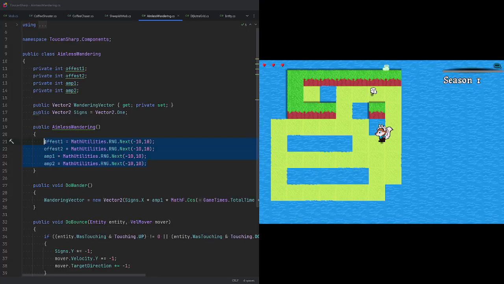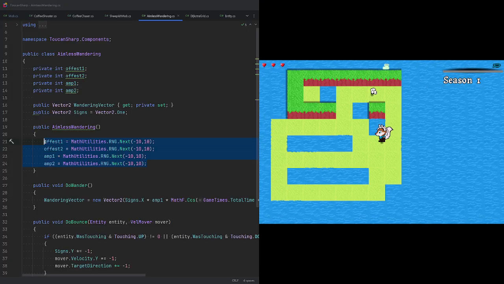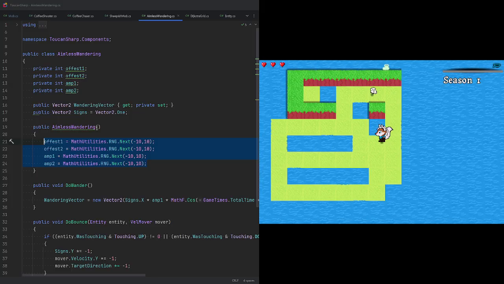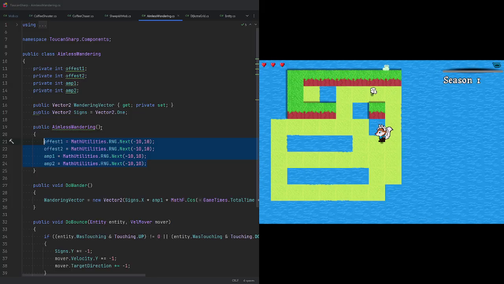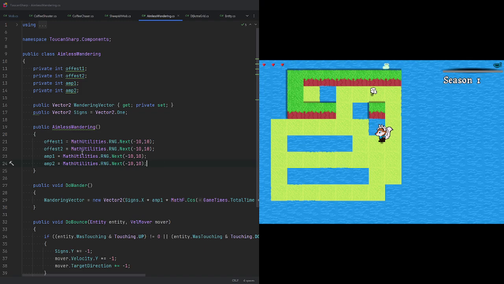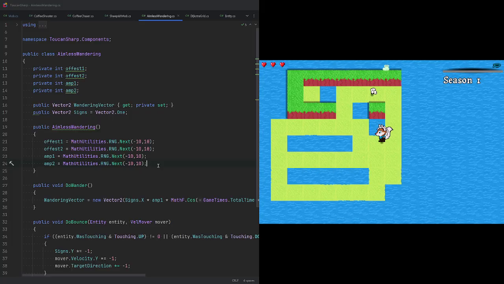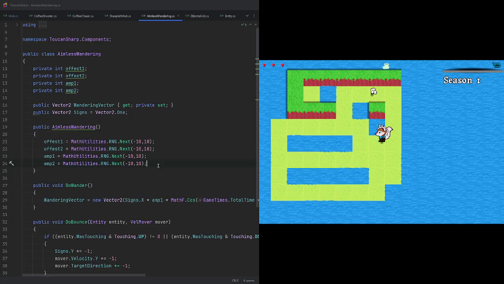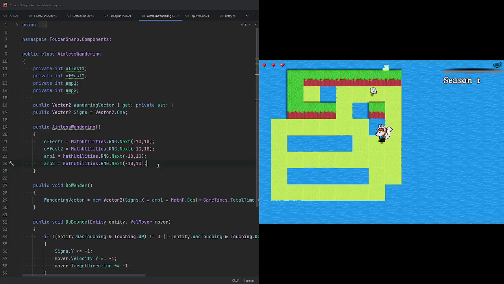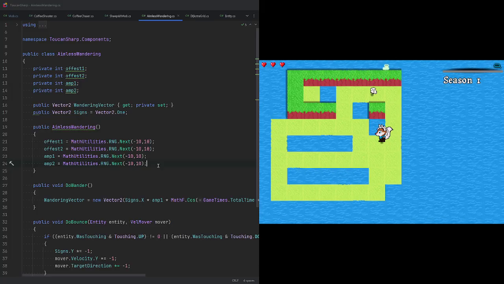This is interesting because every time I respawn, all the people with this wandering component are going to have random wandering values, and I'm still not 100% certain if I want to change that and how that works. But as of right now,